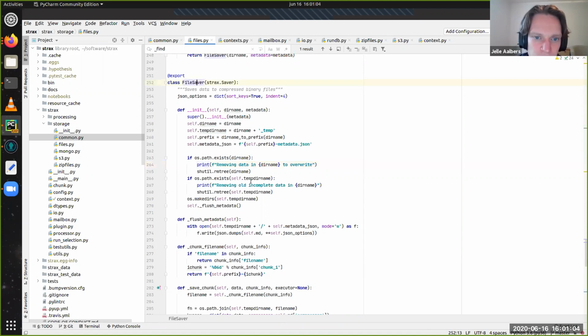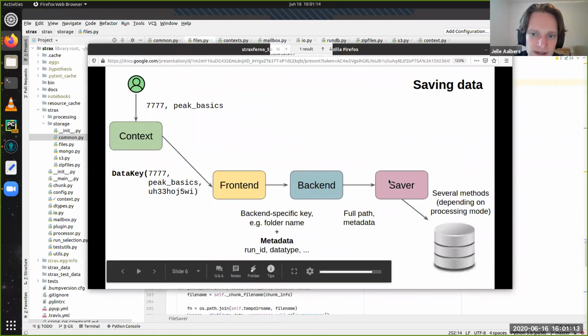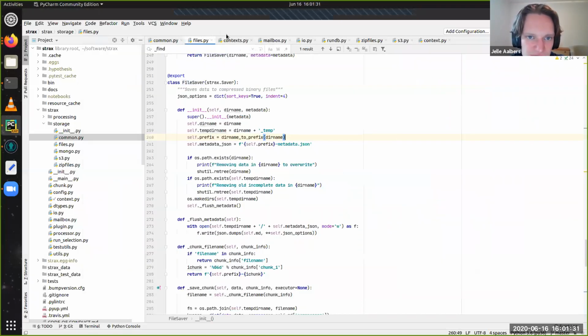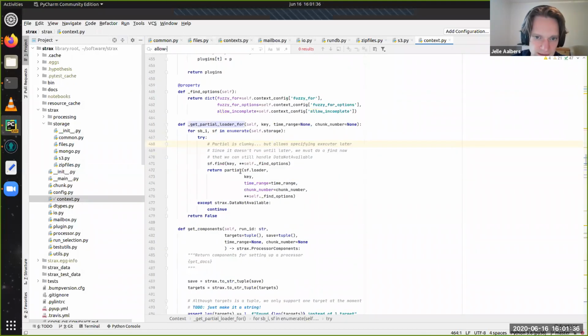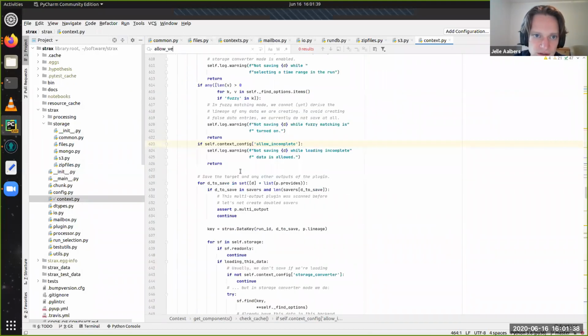I don't, at this point, want to prompt the user for an extra confirmation. That's already happened in earlier things. The file saver's job is already a very low-level thing, right? So in our little hierarchy, it's already down here. The question whether you want to overwrite data should be dealt with by this front end, because this front end is getting the request, hey, I'd like this data, and the context has an option for this saying allow overwrite, yes or no. I think by default it is false, but we can check.